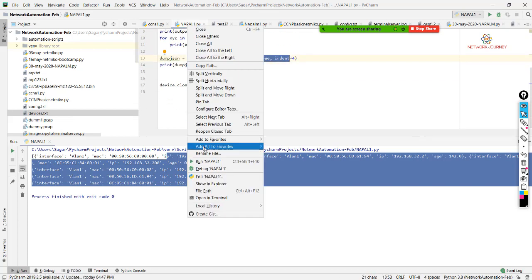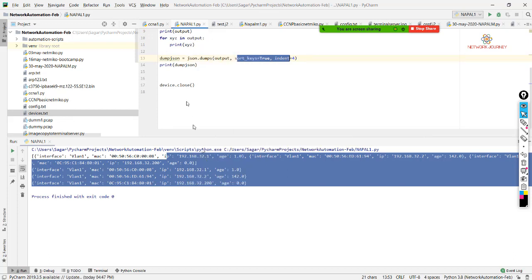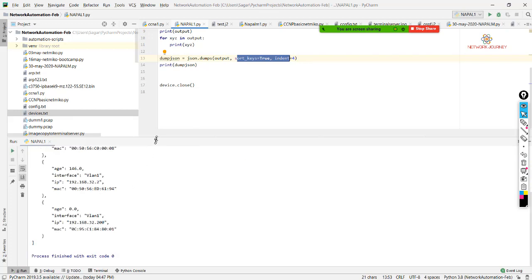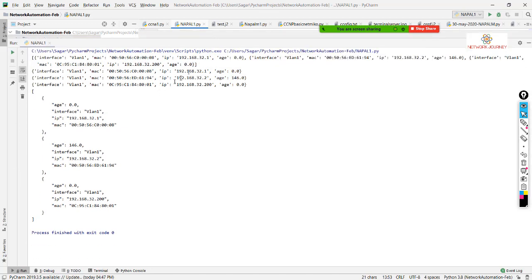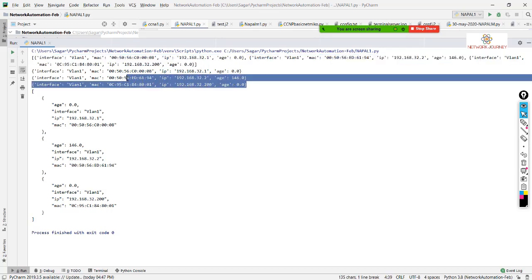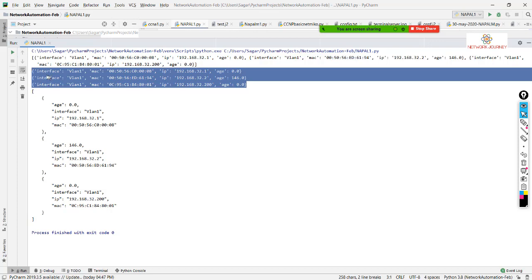So I'll rerun now, and we have three outputs. We will see how they look different from each other. So I have the three outputs. My first output was a raw output, which is in a single line in a dictionary format. To make it more readable, I made use of a for loop, and I got them one below the other. Again, they are in a dictionary format. But I was not very happy.